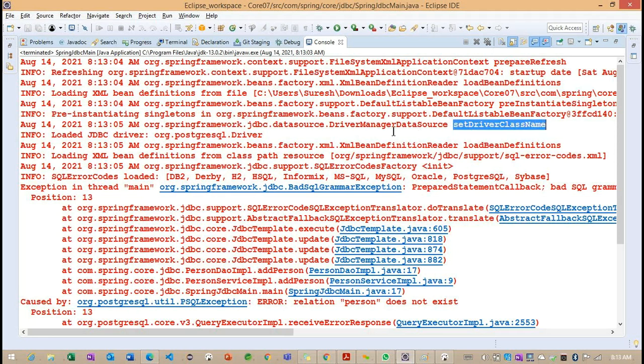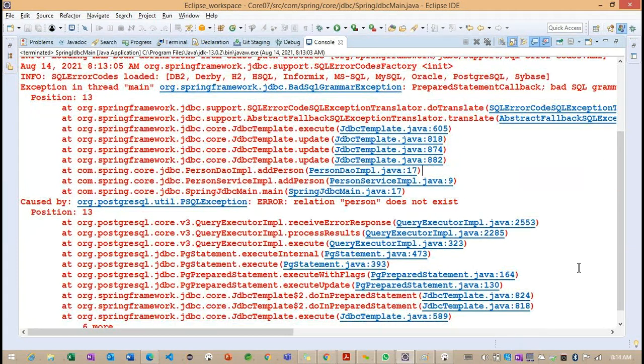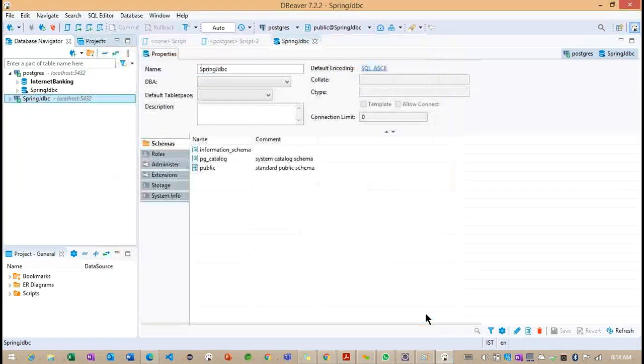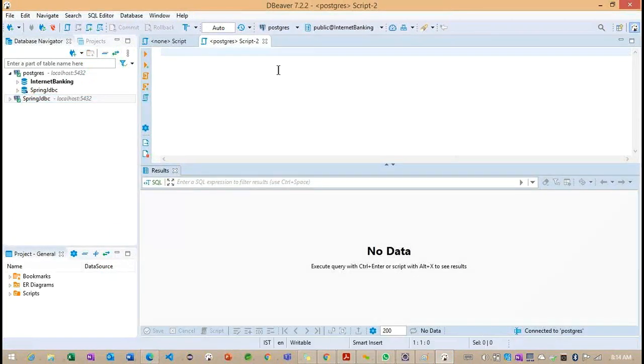Getting the point. Now you can see, here they're calling the driver class name and loading the particular driver class, and any other information we are having. Okay, so first we need to think about the person table. Back to here to create this particular person table. Now what can we do?